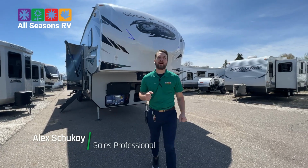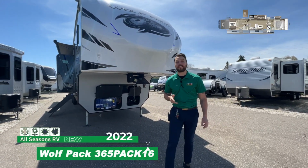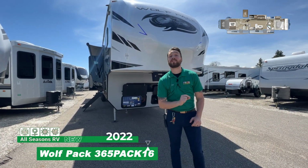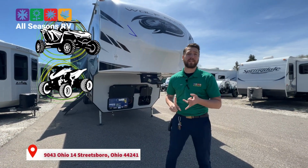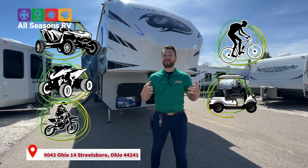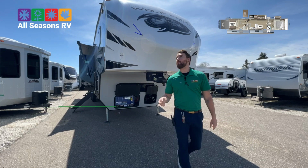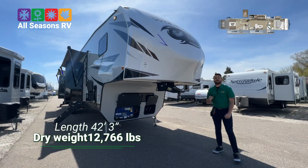Let me showcase this beautiful 2022 Wolfpack 365Pack16. That means this camper has a 16-foot garage, so it will fit all your toys, your side-by-sides, your four-wheelers, your dirt bikes, your motorcycles, your regular bicycles, your golf carts, your kayaks, your canoes, anything up to 2,500 pounds in this garage. This camper is 42 foot 3 inches long, and it weighs approximately